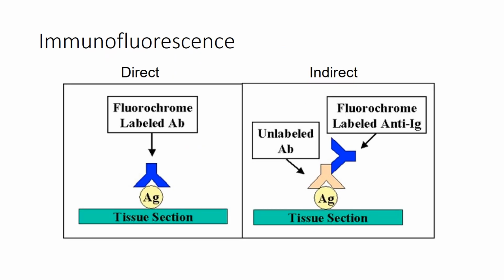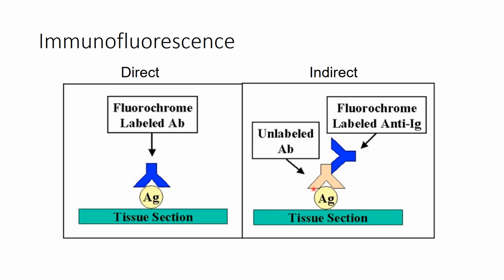What happens is there is an antigen that directly binds to an antibody that is already labeled, and the amount of labeled antibody is measured to identify the antigen's concentration. That's a direct immunofluorescence. However,